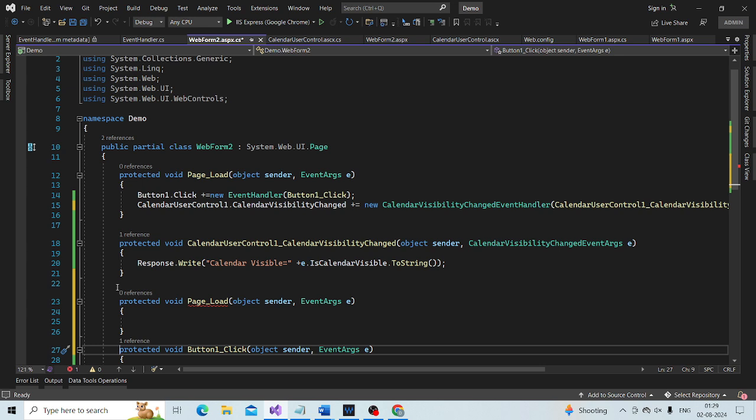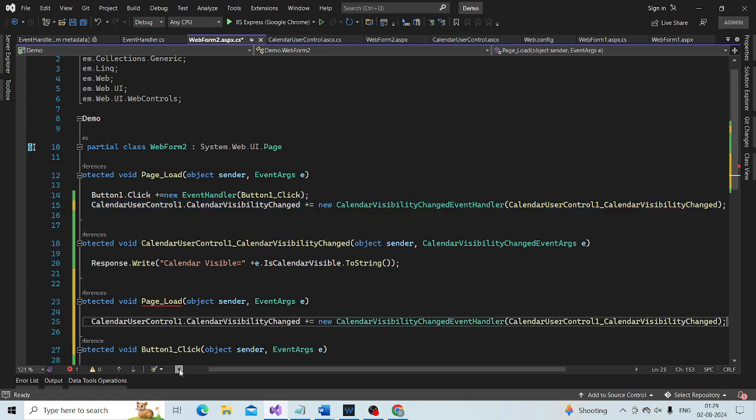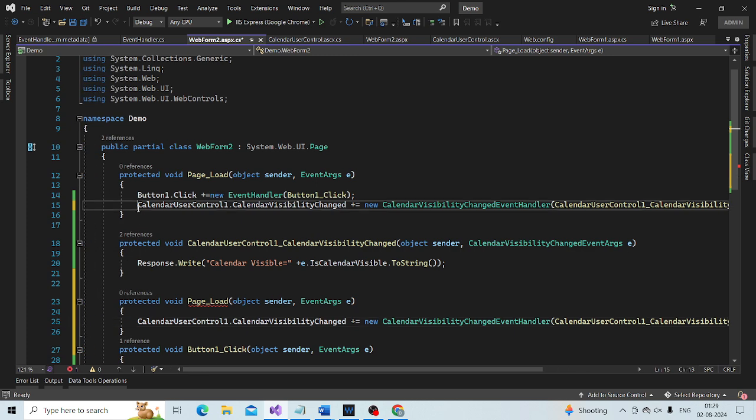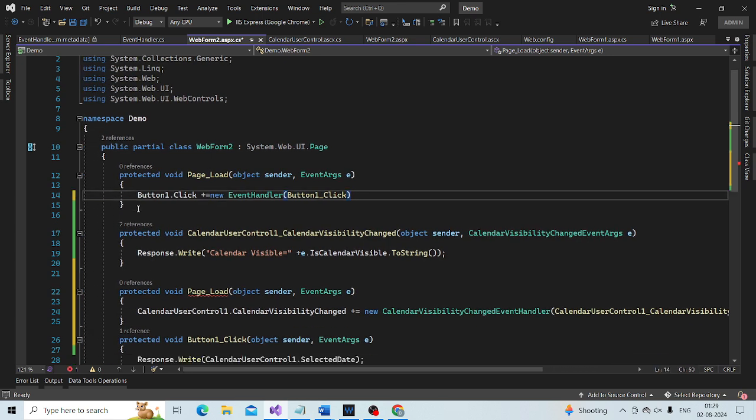So I removed that registration code from the page load event and moved it to page pre-render.